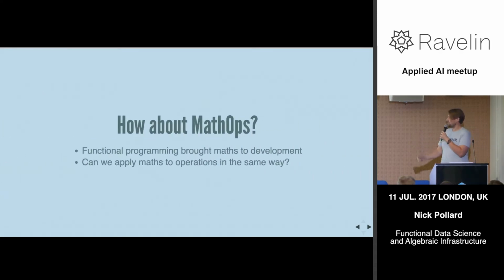So here's another little buzzword I'm going to throw out that I made up earlier today. How about MathOps? With functional programming, the reason that I think it's useful is that it applies the power of mathematics, these ironclad guarantees, this brilliant abstraction, and for software development that gives us a lot of benefits. These benefits of being able to reason about what our code is doing, about being able to declare exactly what this does in a way that it can be safely used by other programmers and by compilers and automated tools. Could we apply that to operations in the same way? Could we get some of the same benefits?